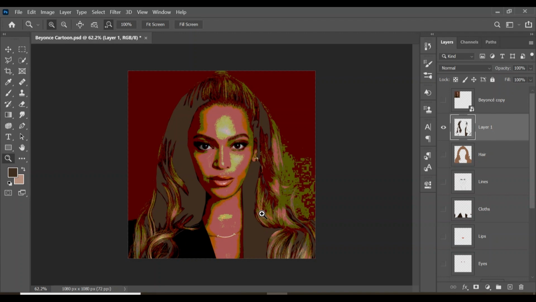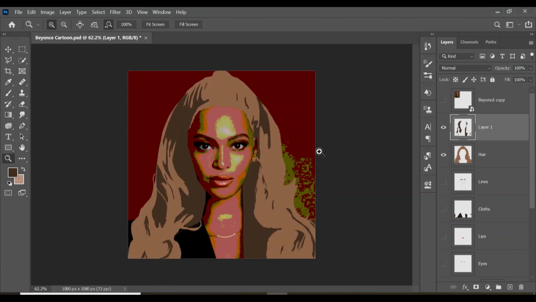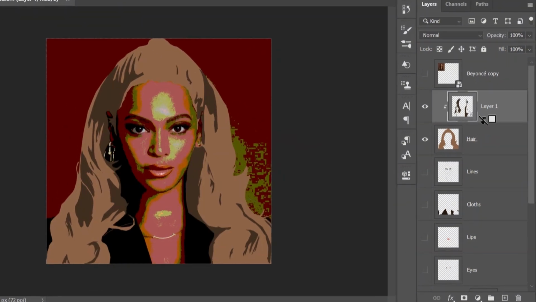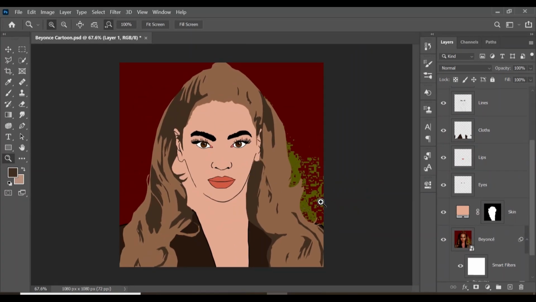Now I think the black spots we filled up is enough, so let's turn on the hair layer. Now holding Alt or Option, click in between the layer we just worked on and the hair layer to clip it to only the hair layer. Very good. Now as you can see, the hair is beginning to look better, but before we continue, let's work